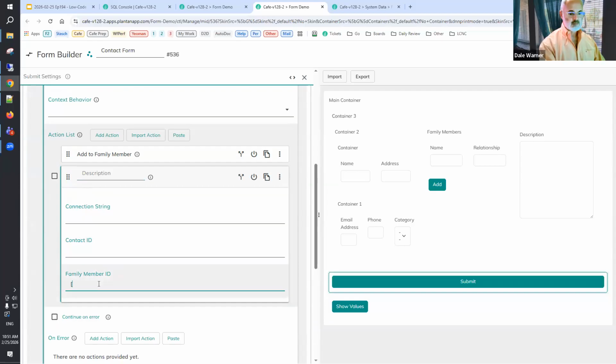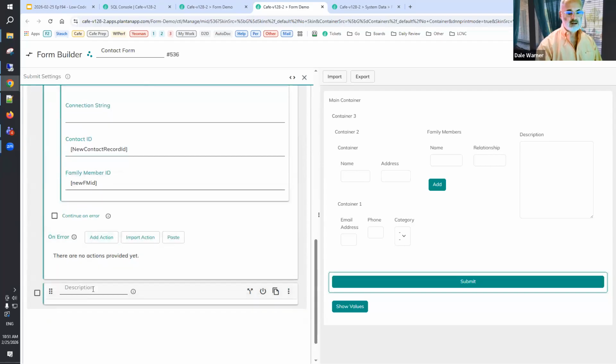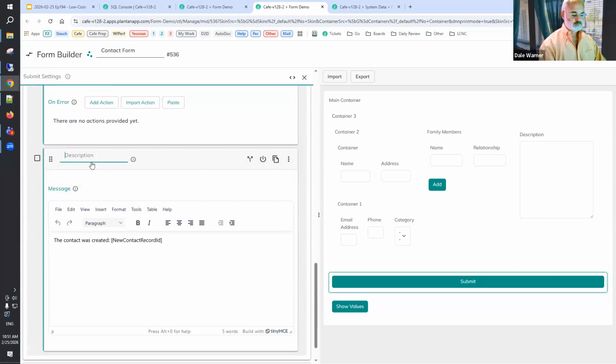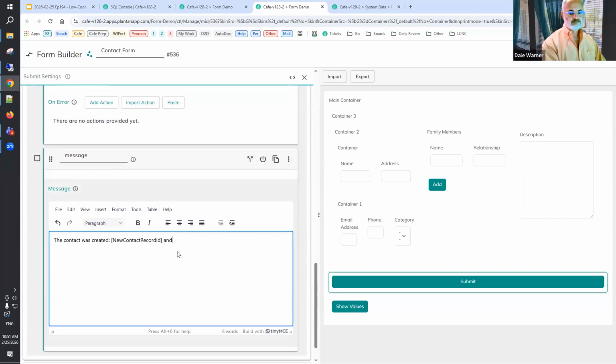And so the new family member ID is this, and the new contact ID is what I typed earlier, and I'm lazily copying and pasting now. So we're saying relate this contact that we just created to this new family member that we just created. And then finally in our